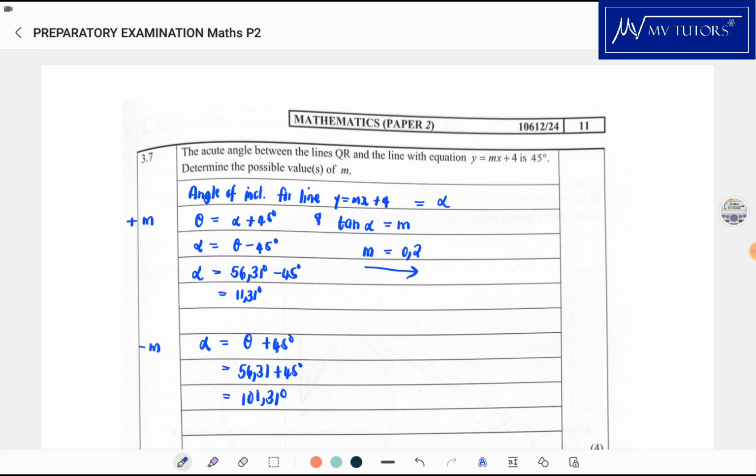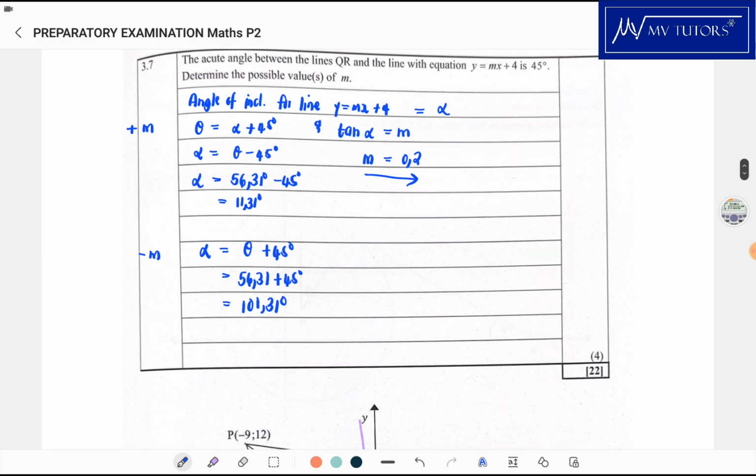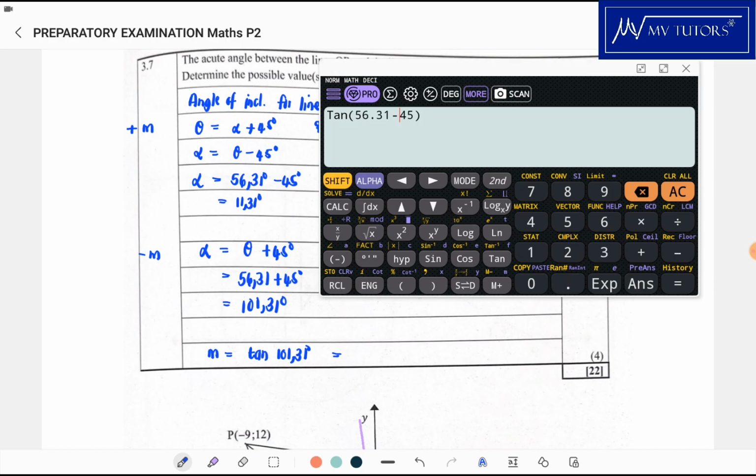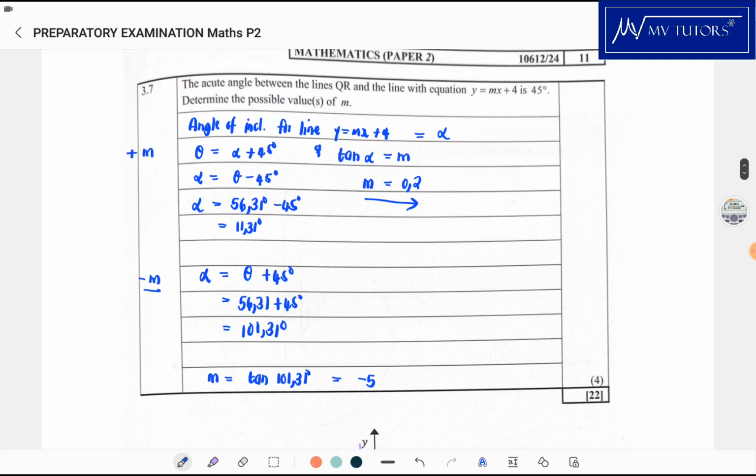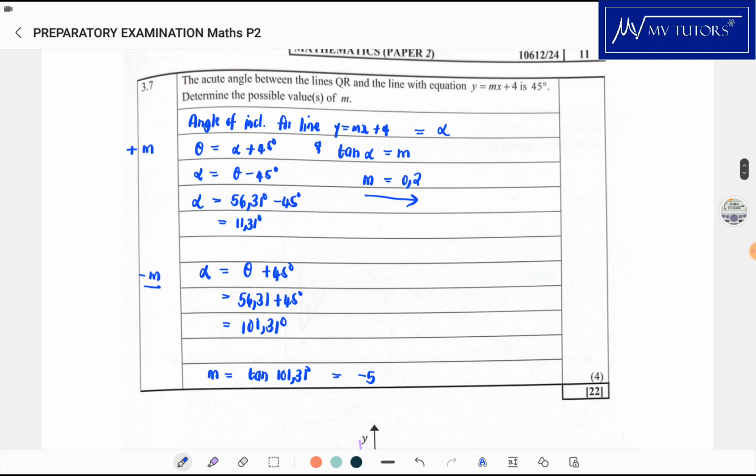And then what would it be? So M gradient is tan 101,31. And what is that answer? It's pretty much -5. And we are expecting a negative because that's the option where your gradient is negative. So yeah, if it says find the values or determine the possible values of M, it could either be 0,2,